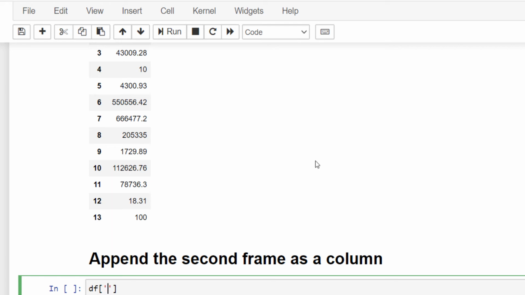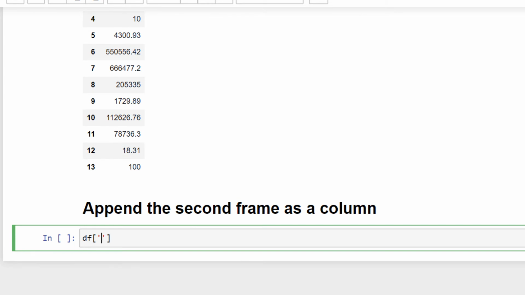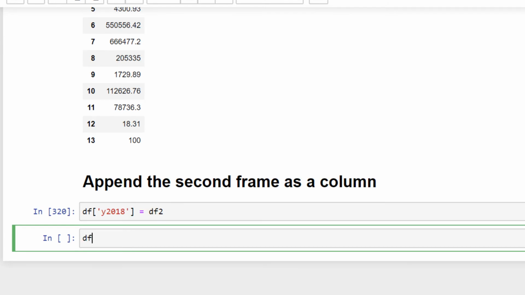Let's see that it has the year tag of 2018, so I may write 2018. So I'm just creating a variable 2018, and it is equal to data frame number 2. So now let's see our data frame.